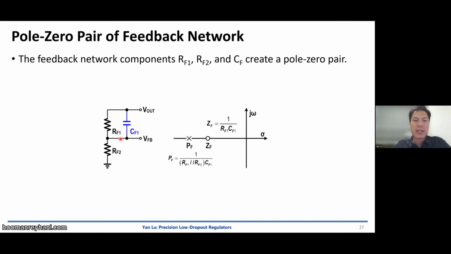V feedback in this case will have a pole as well. So it's a pole-0 pair. But the 0 will be low frequency compared to the pole. So the 0 has a certain effect on the phase margin, and we want the pole to be outside the unity gain frequency. So we don't want this pole, we want this 0, and the 0 is relatively lower frequency because it's 1 over RC, and for the pole is